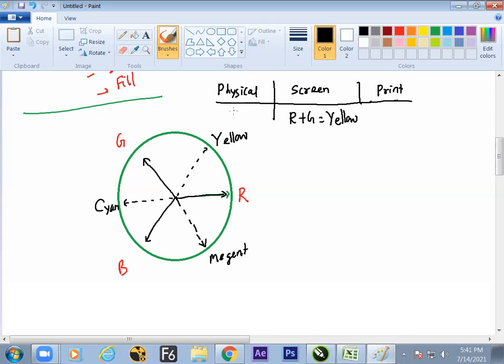Their primary colors are different. In screen color mode, the primary colors are red, green, and blue. In the printing industry, the primary colors are cyan, magenta, yellow, and black. In physical color, the primary colors are R, Y, and B: red, yellow, and blue.